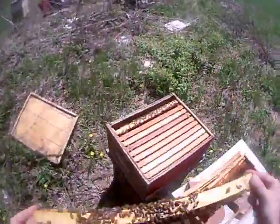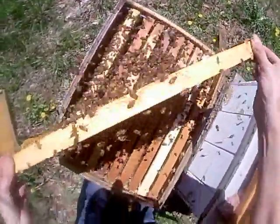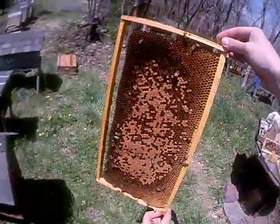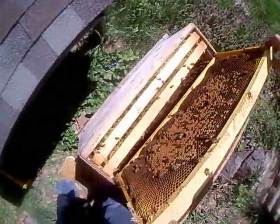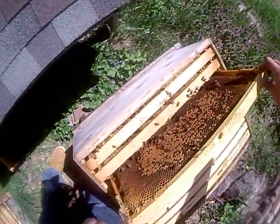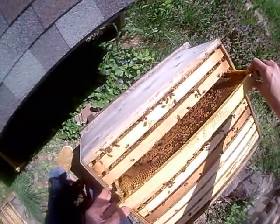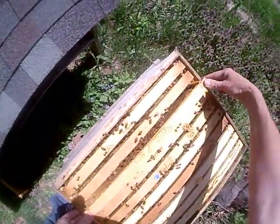Now, actually, you know what? I probably should shake these off. I don't want them to fight. So we'll shake them off into this one that I'm about to do a split on, because I'm going to guarantee I'm going to do a split on this hive. Now let them run in that box, and that way that frame is clean. Okay, that way they don't have any arguments. Alright, now we should be able to stick this right in here with no problems, hopefully. Okay, and now that will give all those girls a way to draw out some...